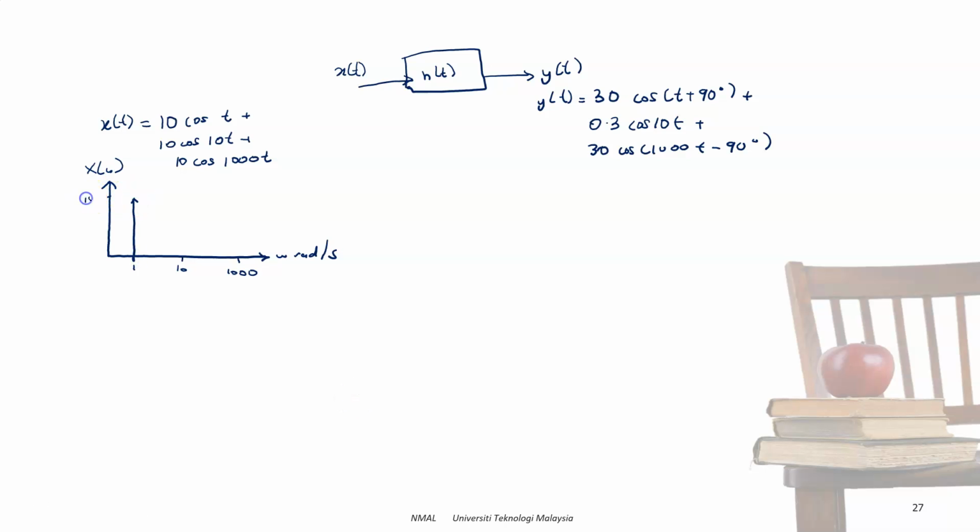Okay, actually for all. For 10, the amplitude is also 10. For 1000, the amplitude is also 10. Okay, so this is X omega. And for Y omega,